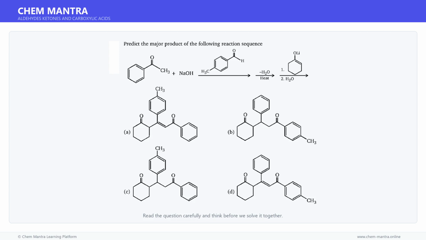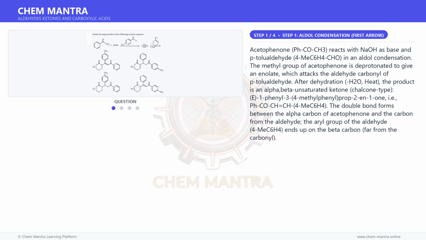Here is a question. Read it carefully and think about the answer. Let us solve it step by step. Let us begin solving this step by step. Acetophenone, PhCOCH3, reacts with NaOH as base and p-tolualdehyde,